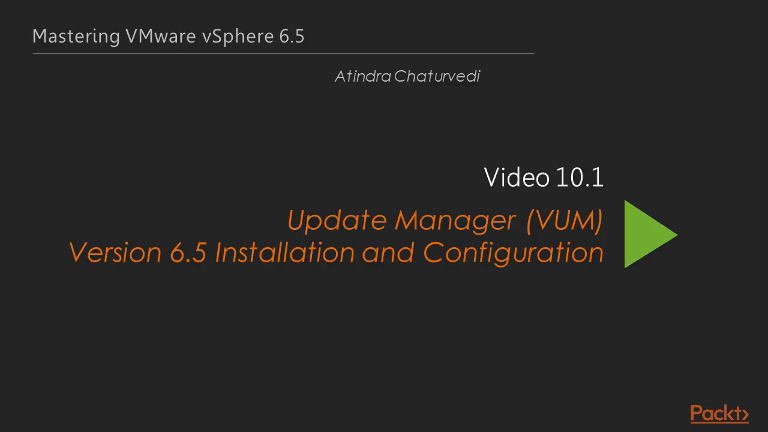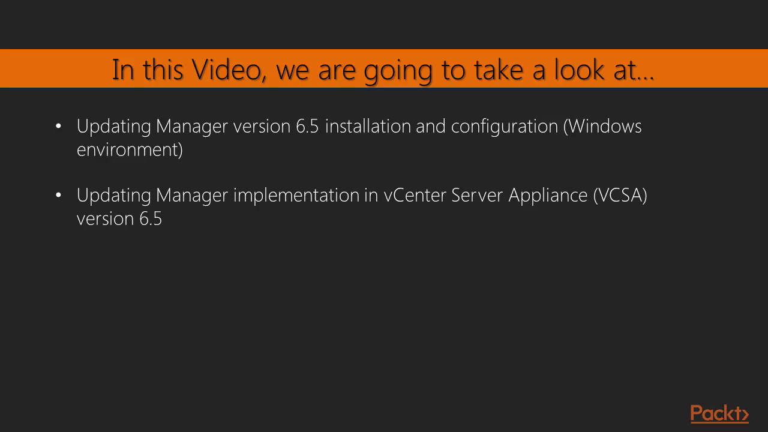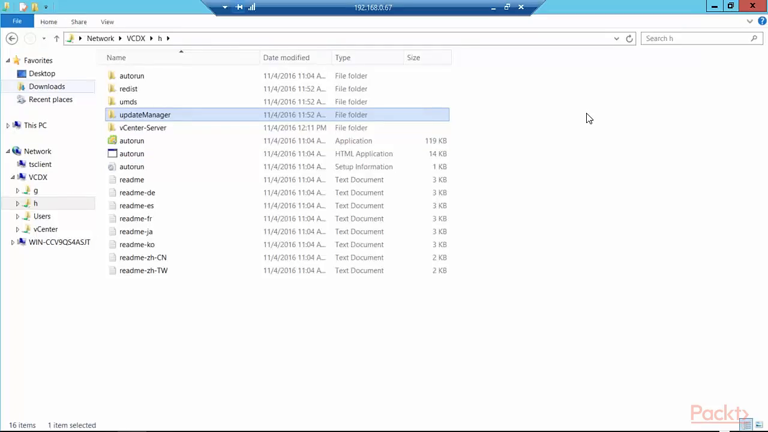The Update Manager is also known as the VUM or the WUM, the installation and configuration of version 6.5. We will look at the Update Manager version 6.5 installation and configuration in a Windows environment, and obviously it will be in a lab environment, as is most of our course. We will also look at the latest implementation of the Update Manager, which is embedded in the vCenter Server Appliance, the VCSA version 6.5. Again, logged remotely into a native Windows 2012 R2 bare metal server at address